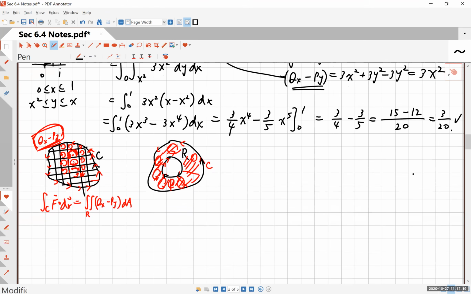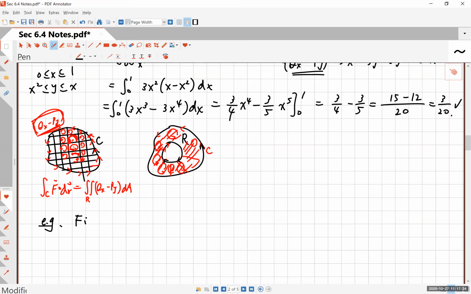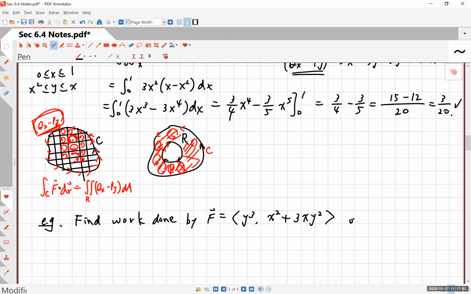All right, I'm going to ask you another question and give you time to work on that. And then we will come back and discuss how to do this. All right, I want you to find work. Okay, find work. Sounds like go get a job. But find the work done by this vector field F, which I am going to write here: y cubed, comma, x squared plus 3xy squared, over the circle,